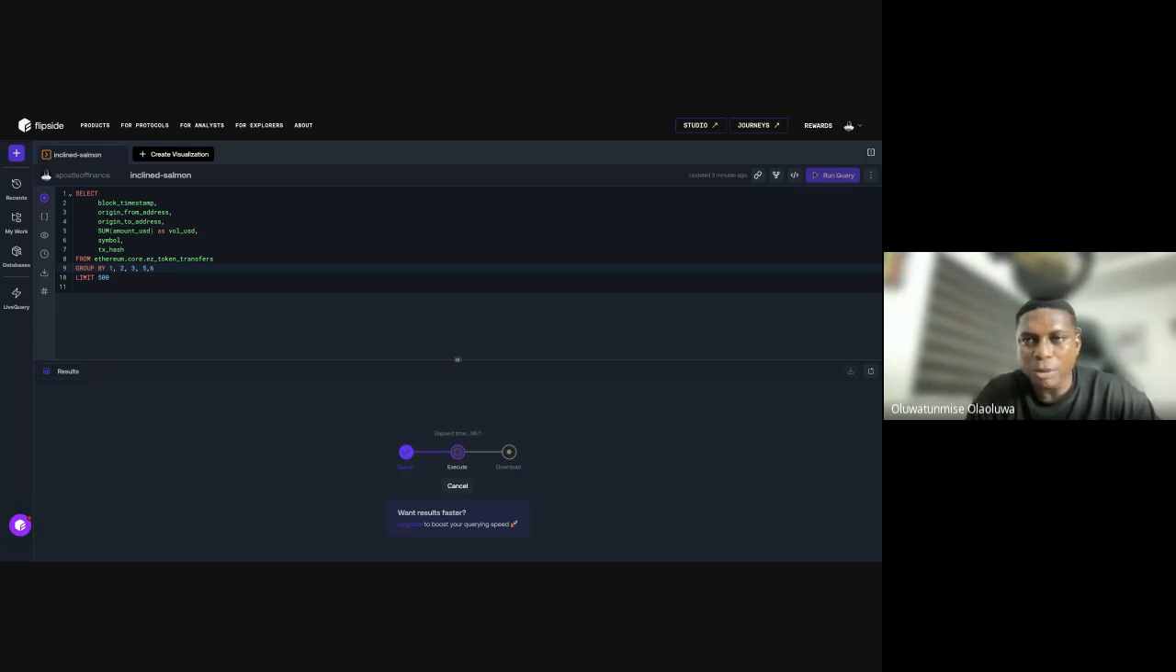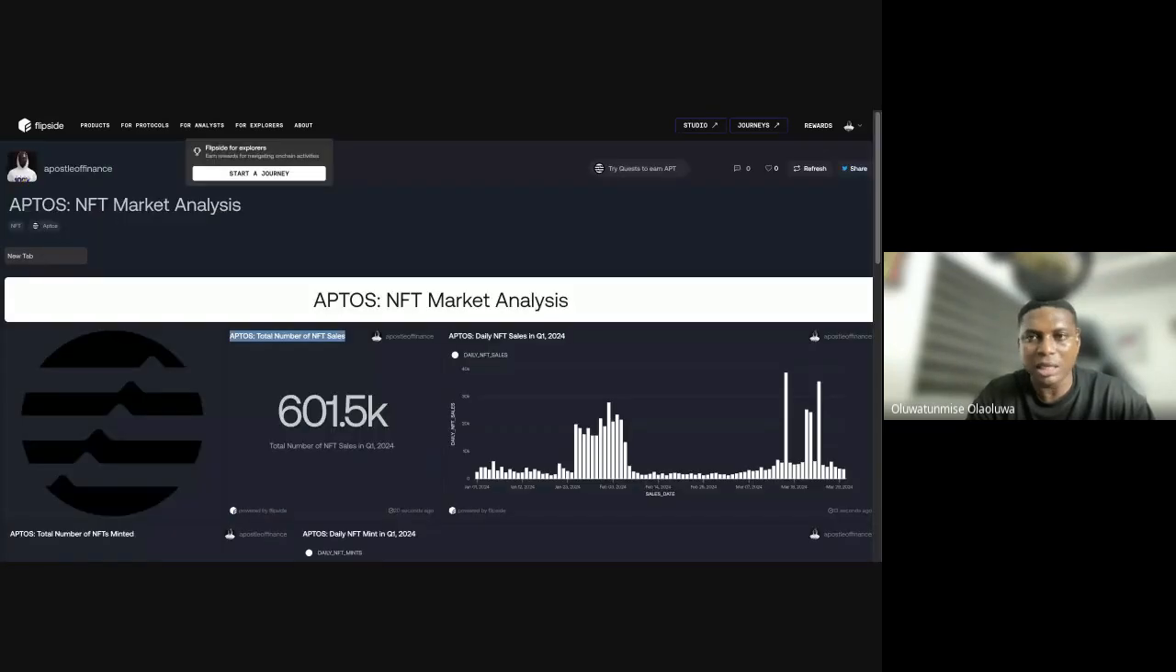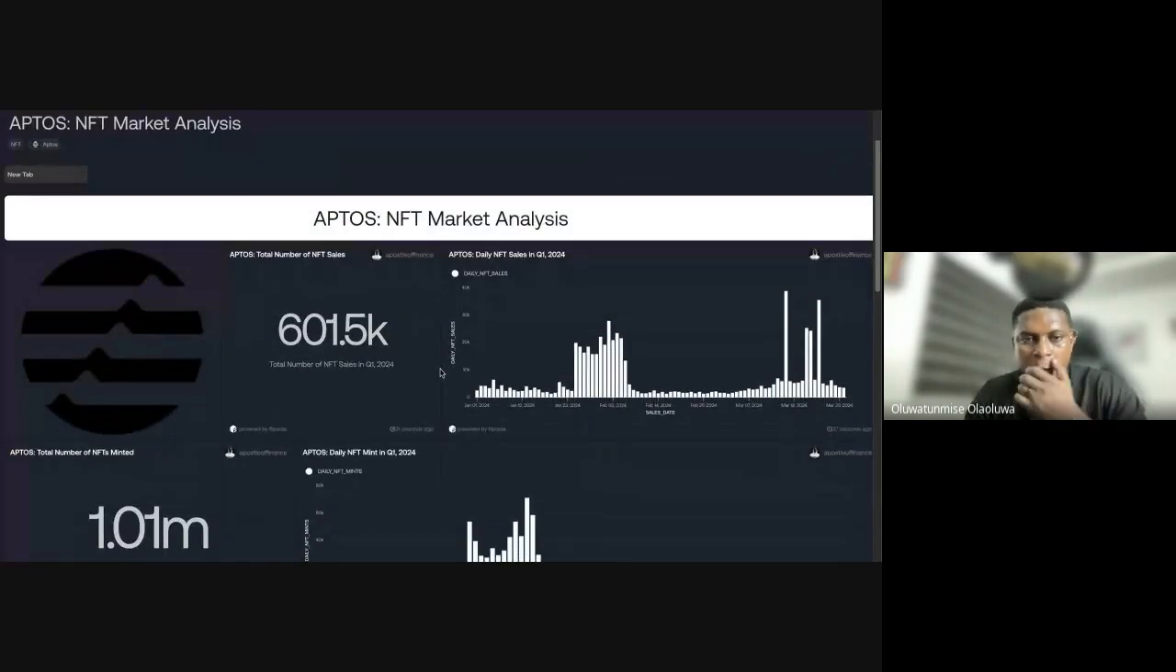Okay, if it's not loading, let me just walk us through an existing dashboard and explain my queries. I think that would work. So let me just walk you through this dashboard. I created this dashboard on NFT market analysis. And so here,